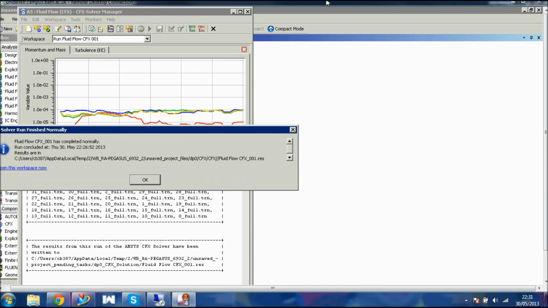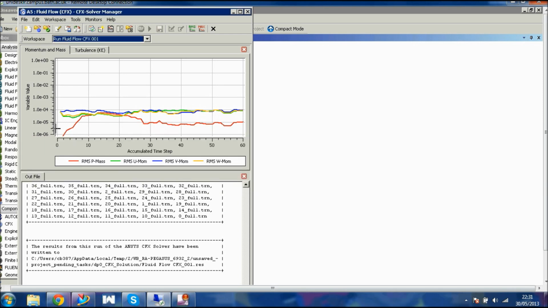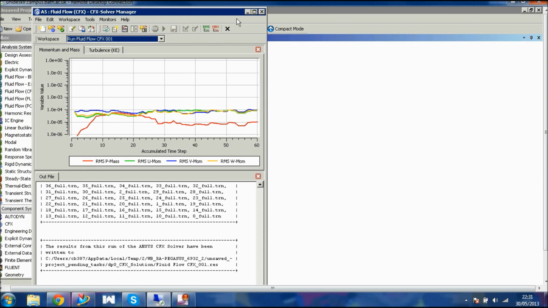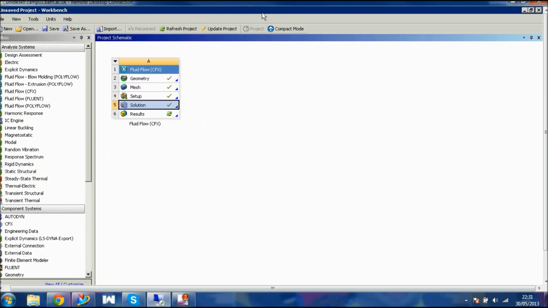Right, so the solver finally finished, and so this is what was produced. So just click OK on that. This is showing the solution converging over time, so this is for each of the time steps. I have no idea what any of this means though, but this is it finally finished. So this is the solver finishing, so you can just click X on that again. So now we should have ticks by everything other than the results, so we can double click on the results